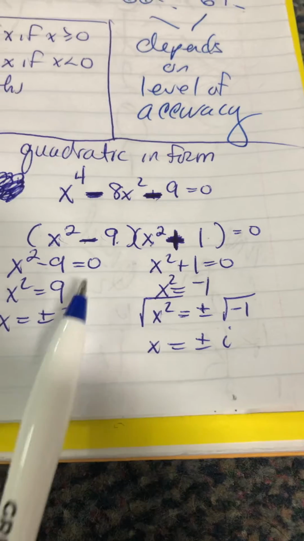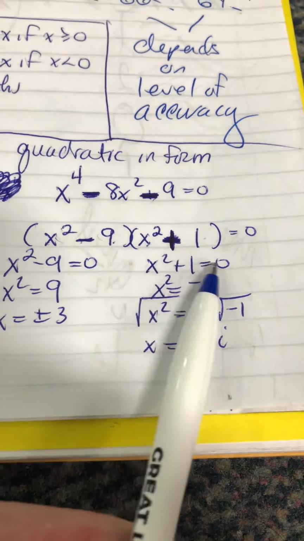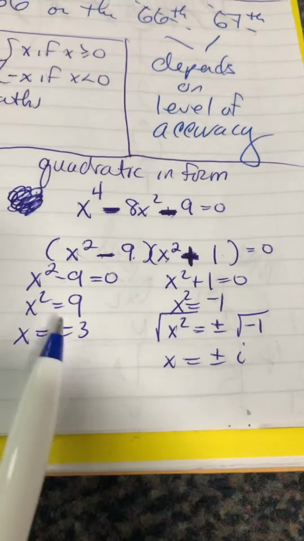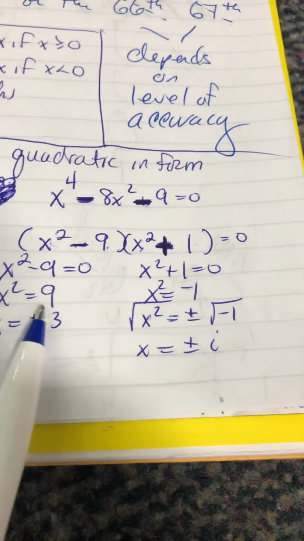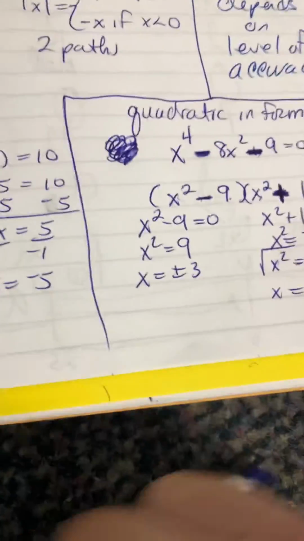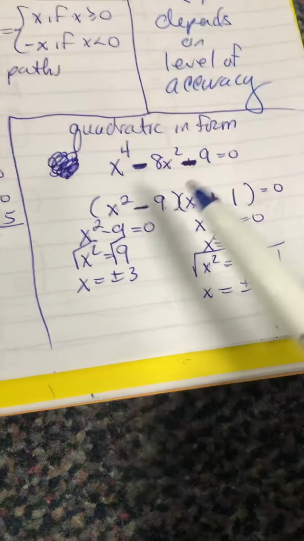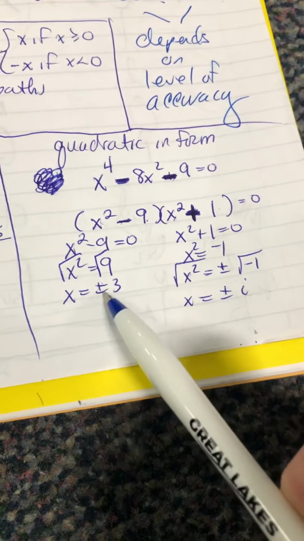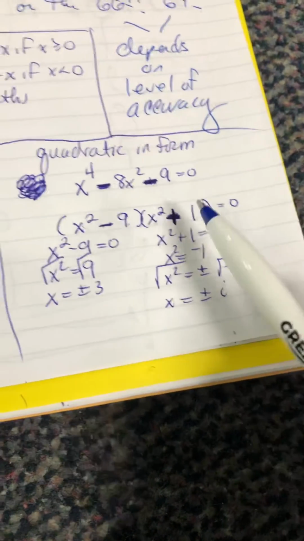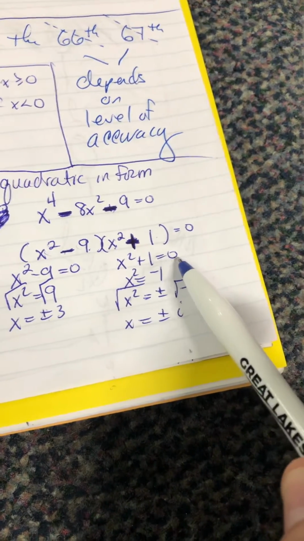We apply the zero product property, and so it's x squared minus 9, and we get x squared plus 1. Now, let's deal with this first. We take the 9 over, and we take the square root on both sides. I forgot to write that down, my apologies. And because I apply the square root, I have to put the plus or minus there. Now, I get x is equal to plus or minus 3,